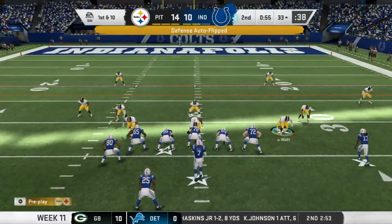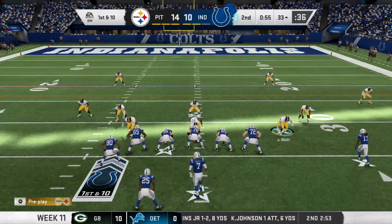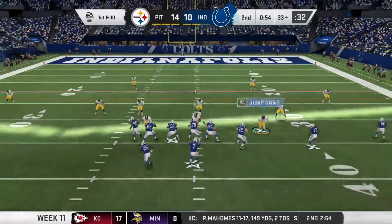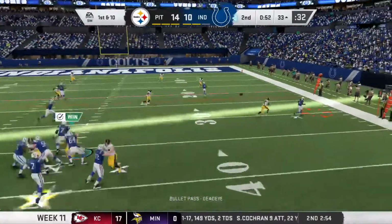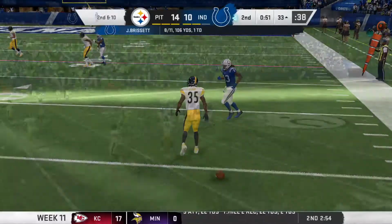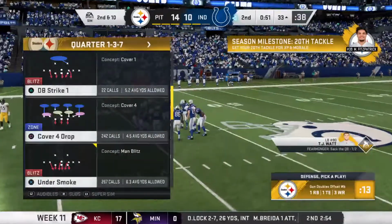So they'll come up first and 10 now from the 33. From the shotgun, it's Brissett. And the coverage terrific there as that's knocked down and incomplete. It's been my observation. There's been a